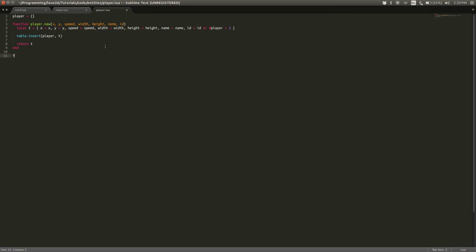The next thing we need to do is say function player.update dt, function player.draw. Wow, I apologize. And what we need to do here is player.update and player.draw, and whatever other functions we add in are going to update all the players that we create. So how do we access all the players that we've created? Instead of just saying like